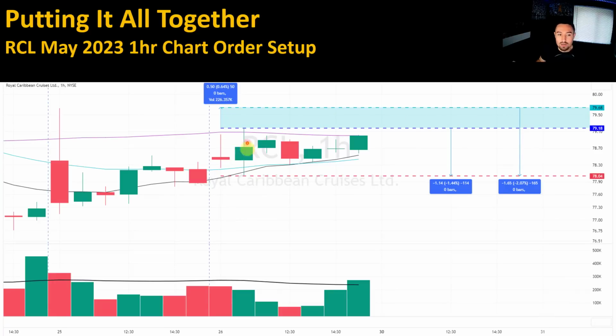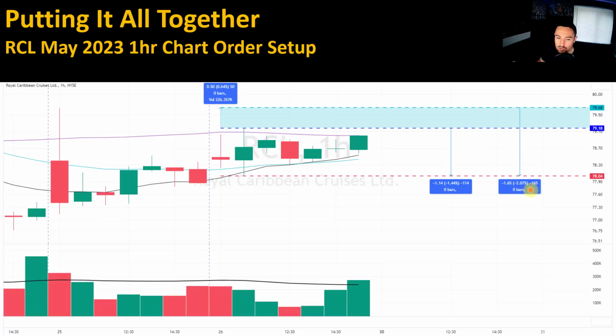Okay, stop loss underneath the low of the bar. Okay, buy a cent above, 78.04. Targeting it through the high of the bar, 79.18. I want to get filled, let's say within 50 cents. So this time here would be 0.64%. So 79.68. So the maximum risk that I want to have on the trade if I get filled up here